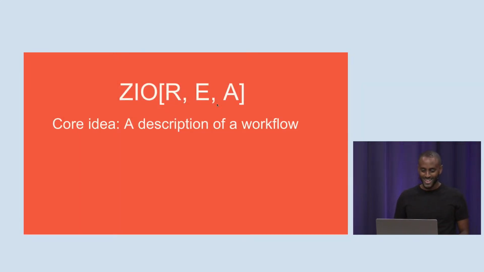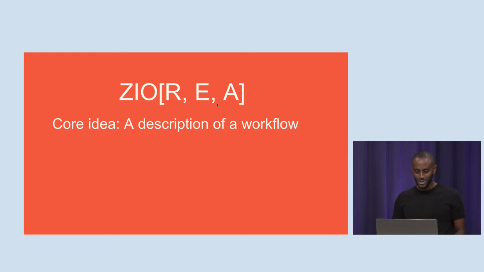ZIO, the framework, gets its name from its core data type, which is also named ZIO. It's a data type with 3 type parameters, as we can see here. The core idea of it is to describe a workflow. It has some similarities with a promise in JavaScript or a CompletableFuture in Java, but with a core difference: ZIO is a pure value. It's a value describing a workflow, which will later be executed, and then it will perform the computations that it describes. This workflow can have asynchronous and concurrent properties, and we're going to look into that more later.